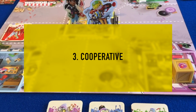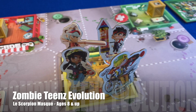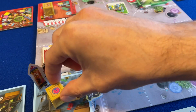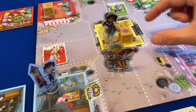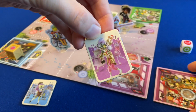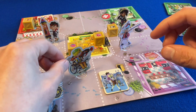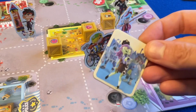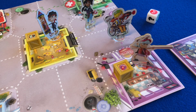Cooperative games have existed in the children's market long before the breakthrough success of Lord of the Rings and Pandemic in the adult sphere. Team working is such a valuable skill for kids to learn, and adults appreciate the opportunity to temper kids' natural competitive instincts. If your eldest loves lauding their victories over the baby of the family, and you're sick of the bickering, why not dive into a game of Zombie Teens Evolution, or Bandido, or Ghost Fighting Treasure Hunters, where we all